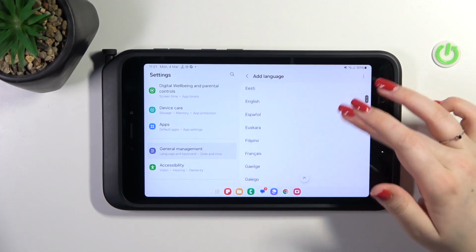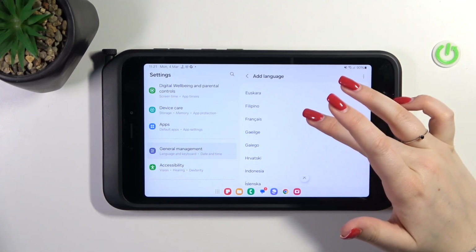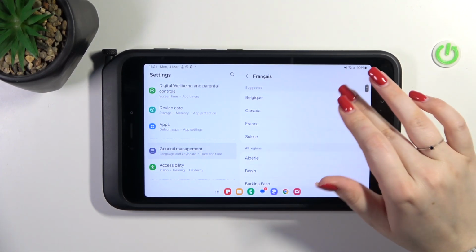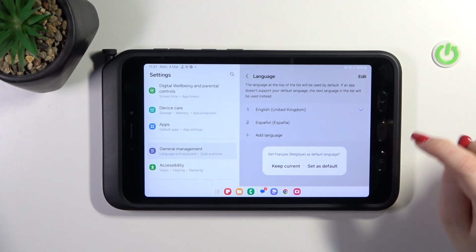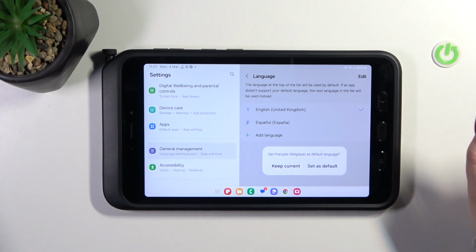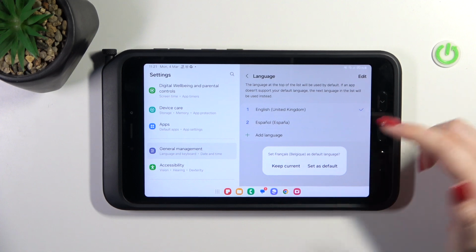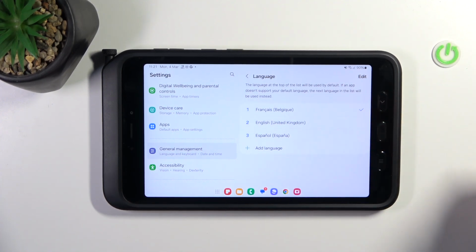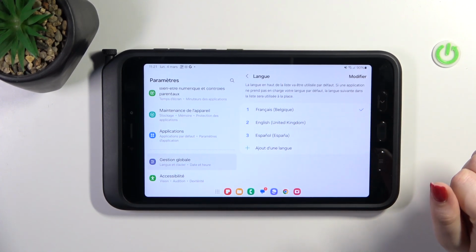Let's simply find your language and tap on it. So let me pick maybe French. Just tap and choose the region. And as you can see, your device will ask you if you want to set newly chosen language as a default one. So just tap on Set as Default, and as you can see, the French language will immediately appear